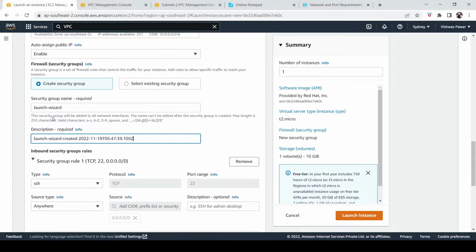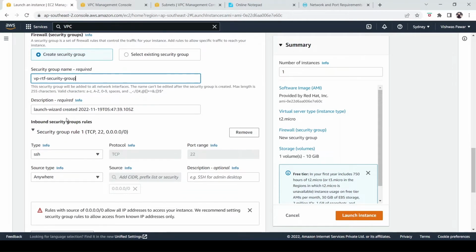So what I would do is create my own custom security group. VPRTF security group. Right now, description, you can give any description. SG for